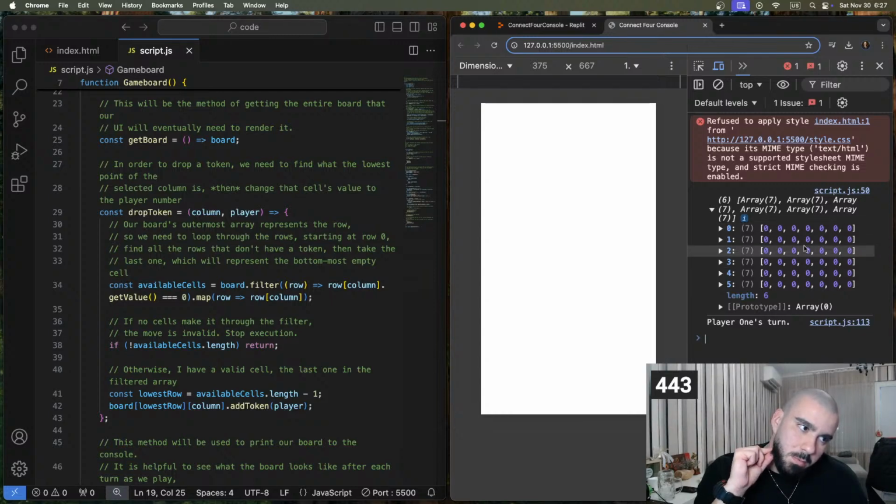So for example, if the markers are up to here, so it will loop through this one, this one, this one, this one, and when they're the last one, it will make it the row that we need to add a token to, but if no cells make it through the filter, the move is invalid, stop execution. If no cells make it through the filter,